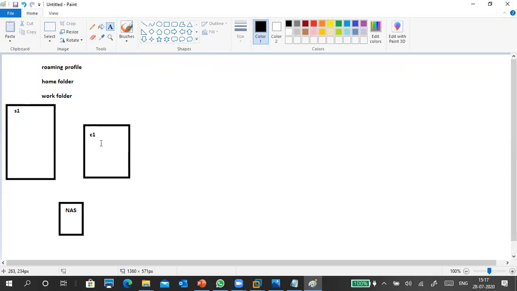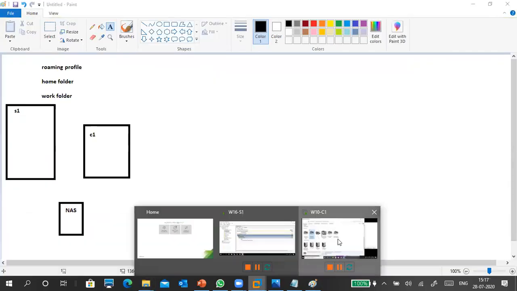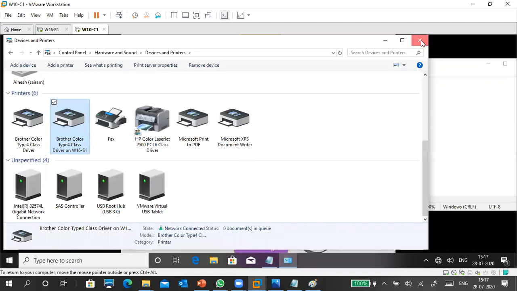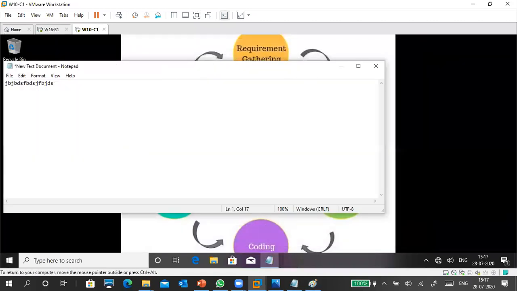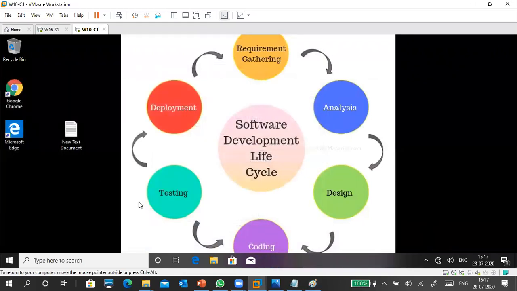Now, can you see here in this control panel? Close it, this is not required. This is required.